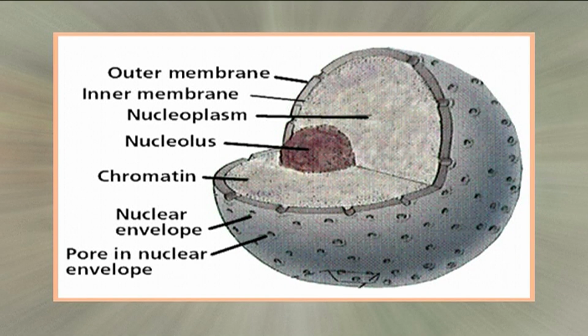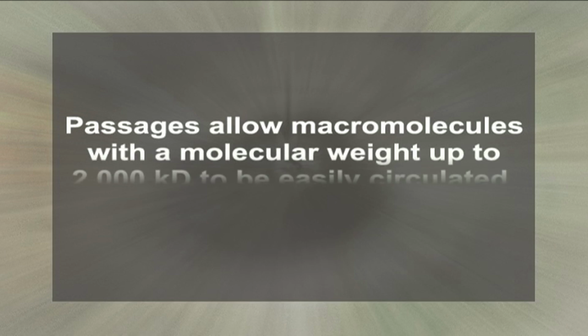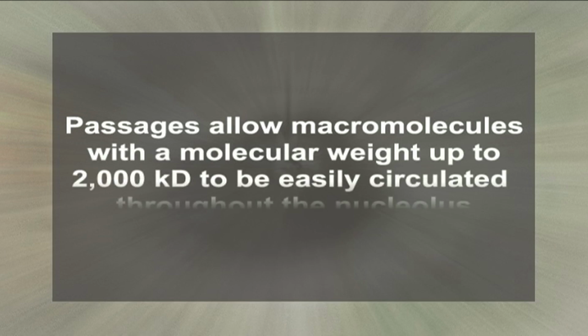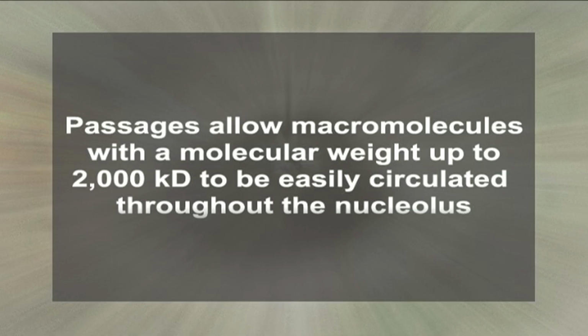There is an uninterrupted chain between the nucleoplasm and the interior parts of the nucleolus, which occurs through a system of nucleolar passages. These passages allow macromolecules with a molecular weight up to 2000 kilodalton to be easily circulated throughout